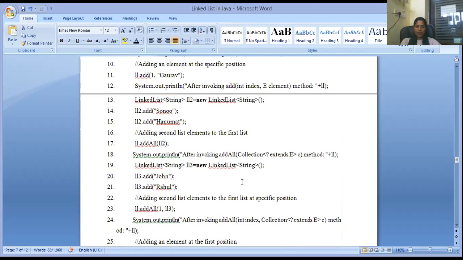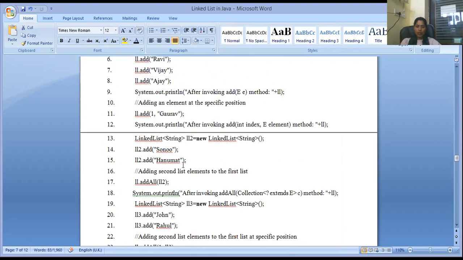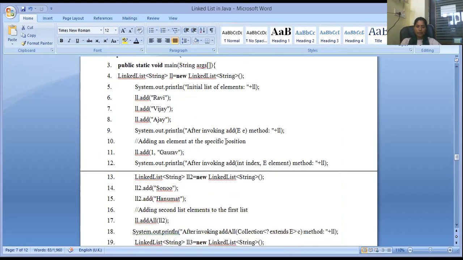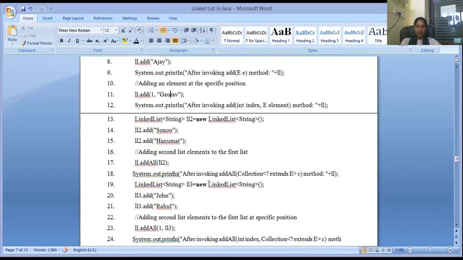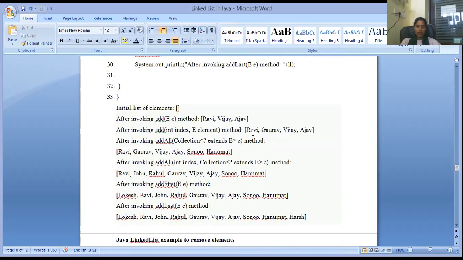After invoking this method, whatever is relevant comes here like Ravi, Gaurav, Vijay, Ajay, isn't it?